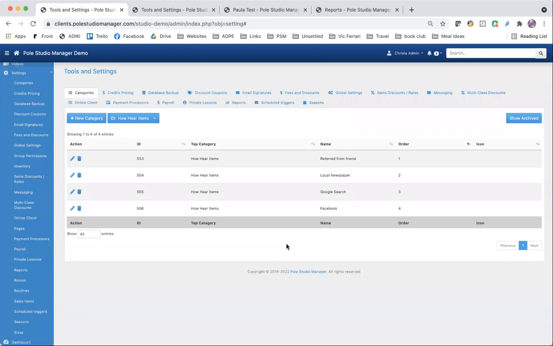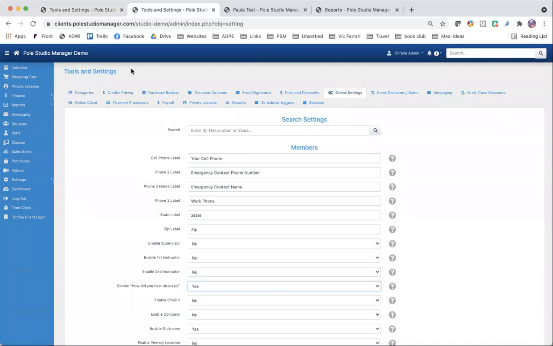When setting up Poll Studio Manager, you have the option of creating "How They Heard About You" items so that when a student is filling out a profile, you can track how they were referred to you. So the first thing you want to do if you want to use this feature is go into Settings on the left-hand menu